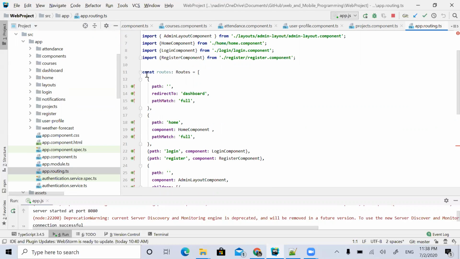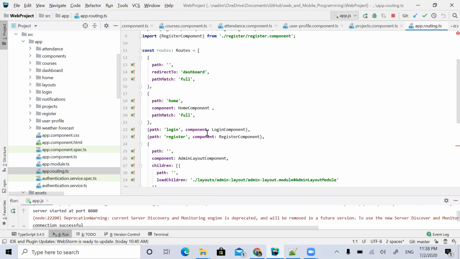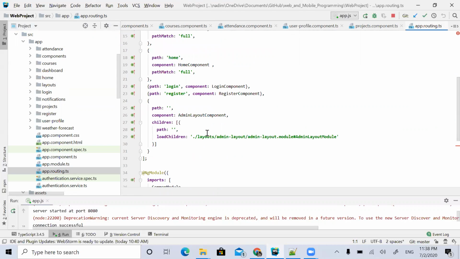Here you can see the dashboard and the home component. After login and registration, I'm loading some modules from the children. I'm using the child routing concept. Child routing is basically for my dashboard.